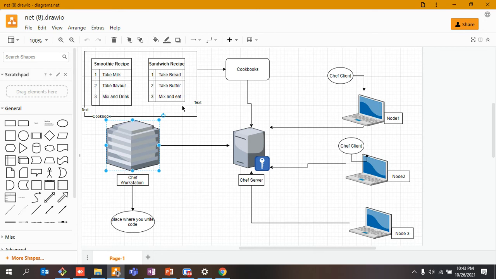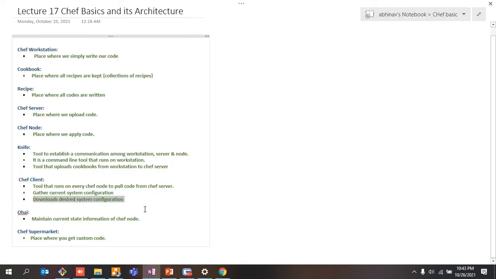So this is what this blog is trying to explain you guys. There would be a cookbook, and there would be a combination of recipes. So the place where all recipes are present is basically named a cookbook. You can again visualize that example of a book. Let's say you have a book in your hand and it contains multiple recipes, so this is that kind of thing, right? But in chef, now getting back to terminology.